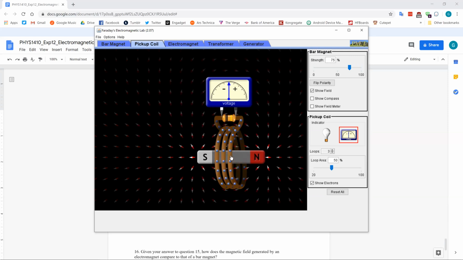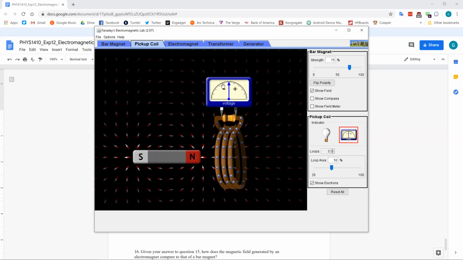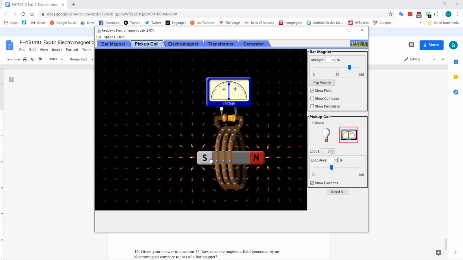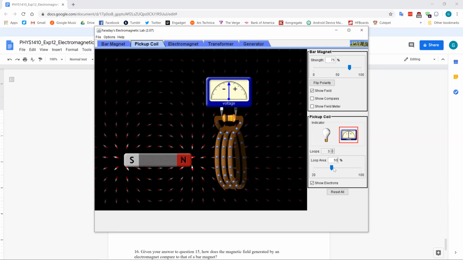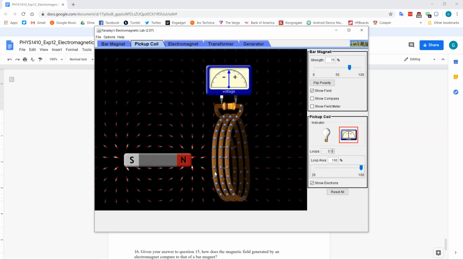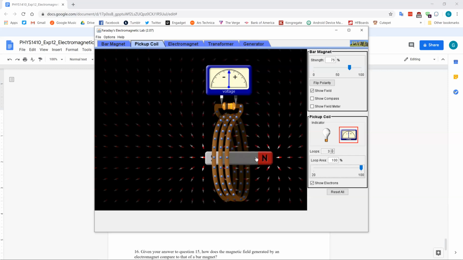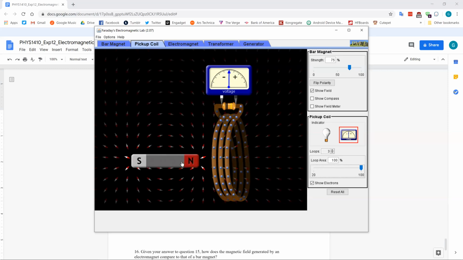As I move this through, I get maybe to this first notch here, the big notch. Well, I'm going to try to move it through. Now I'm going to go ahead and increase the area and do the same thing. And I maybe got past the second notch there. So what's going on with this is I see a bigger deflection here